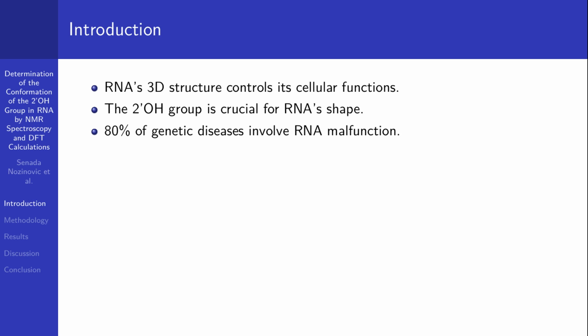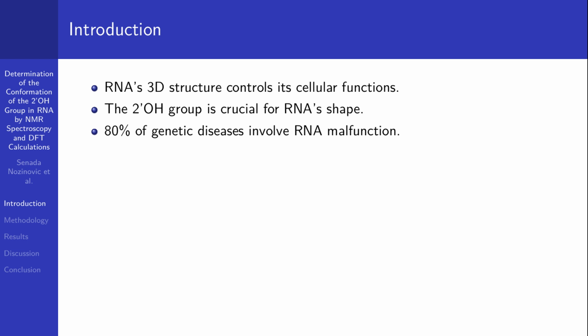Good morning, everyone. Today, we're diving into the fascinating world of RNA, a molecule often overshadowed by DNA, but equally vital for life. RNA is like the versatile Swiss Army knife of our cells, involved in everything from building proteins to regulating genes. But to truly understand how RNA works, we need to see its intricate 3D structure. One tiny but incredibly important part of RNA is called the 2OH group. It's crucial for RNA's shape and function, yet it's been notoriously difficult for scientists to study.